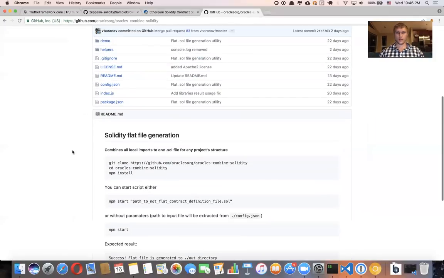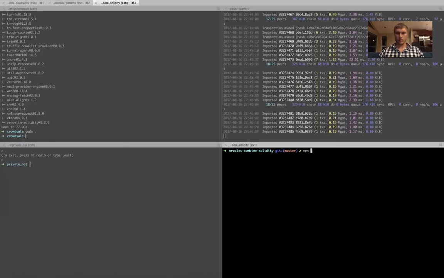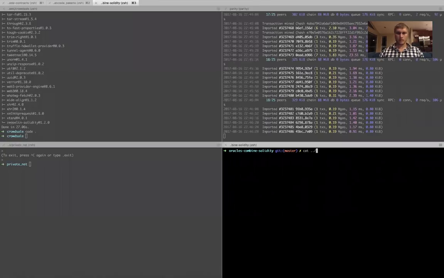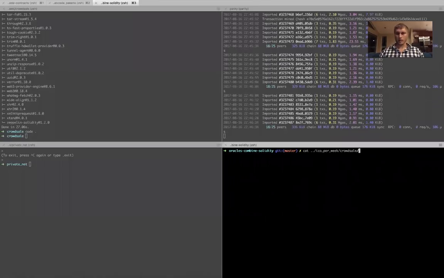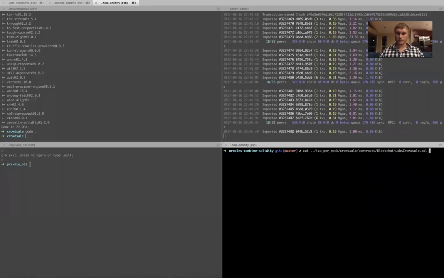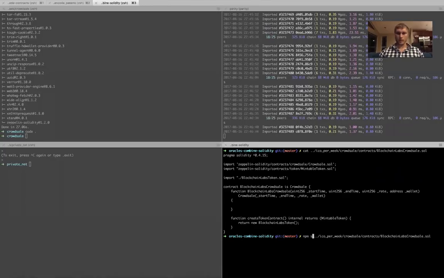So it's very easy to use. Basically, we need to npm. Actually, let me do this. We're gonna have our ICO per week folder, and we're gonna have our crowdsale contracts, and our crowdsale is Blockchain Labs crowdsale. All right. So now we have to run npm start,